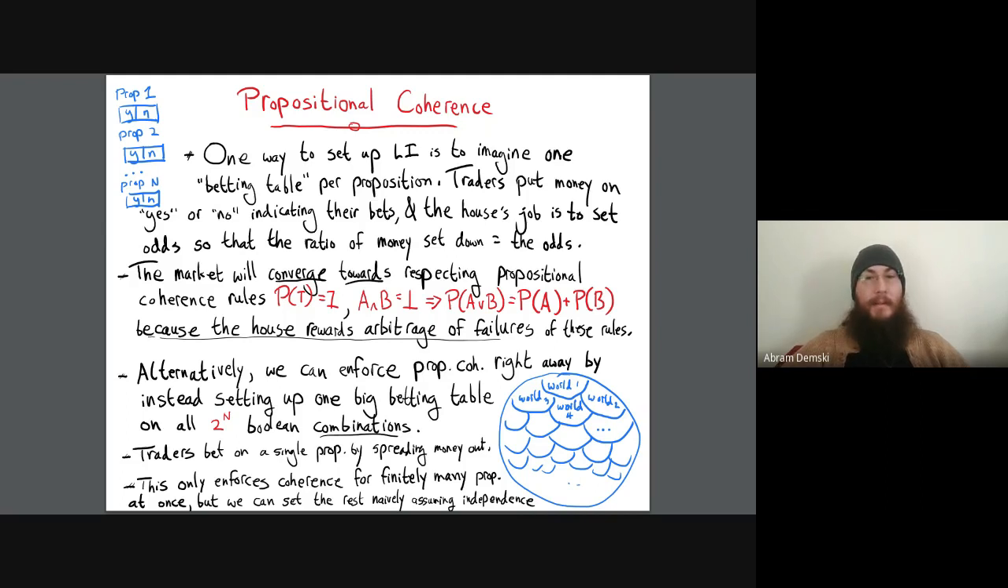All right, so what I'm trying to do here is say that a market that's set up like this with one trading table per proposition, we can still design it such that it will converge towards respecting propositional coherence rules, such as the probability of any propositional tautology equals 1, and if A and B are mutually inconsistent, then the probability of A or B equals the probability of A plus the probability of B. I should be saying the price rather than the probability, but it's kind of the same thing. Because we put in place special arbitrage rules,